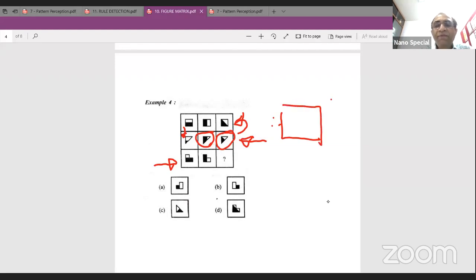Let us look at the first figure in the first row. This is the first figure in the first row. Now, I cut a portion like this. So the portion will look like this. And that is how I